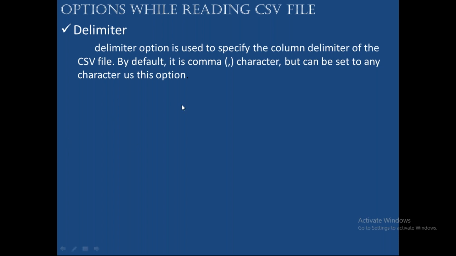Here you need to understand that if I am not saying delimiter equal to comma or delimiter equal to pipe, if I am not specifying explicitly, the default delimiter is comma.